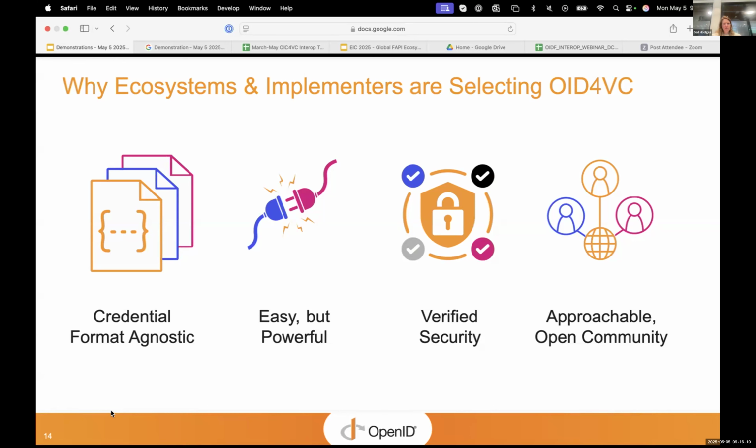And we like to say we're a very approachable and open community. Anybody is welcome to join our working group meetings. They're hosted on Zoom. They're regular. The schedule is on our working group pages. We just ask that if you're actually going to speak and contribute, that you do sign the IPR agreement that Gail mentioned first, which is free to sign. You don't have to be a member of the OpenID Foundation to take part and contribute. It's very nice if you do join, but it is not at all compulsory to be able to contribute to the specifications.